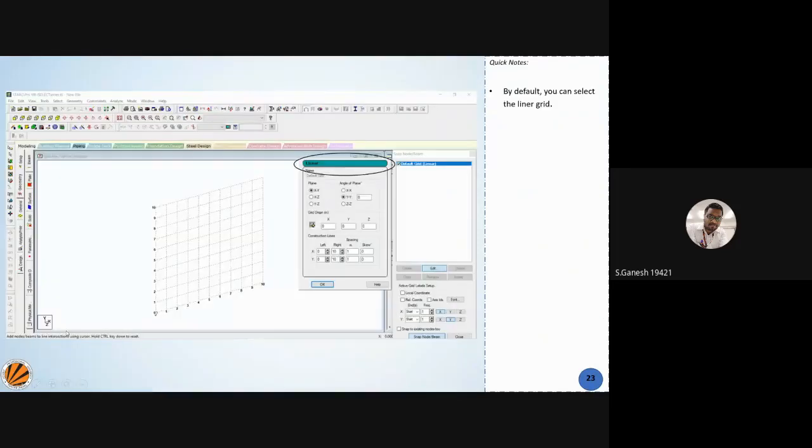The next part you want to know is the concept of linear. Now what is linear? The word linear is shown on the screen by default, so by default STAAD Pro takes a linear axis. What is that linear axis?